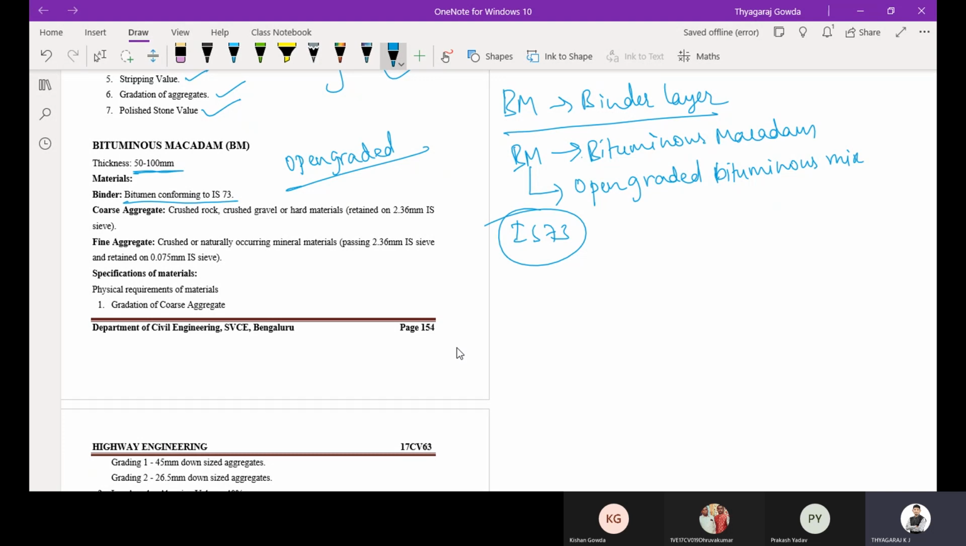IS 73. Then coarse aggregate: crushed rock, crushed gravel or hard material retained on 2.36 mm IS sieve. So remember, the aggregates which are retained on the 2.36 mm sieve, that we are going to call coarse aggregates. The material retained on this sieve will be used as the coarse aggregates in the